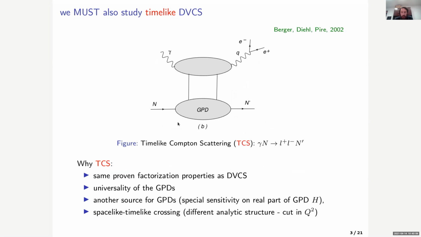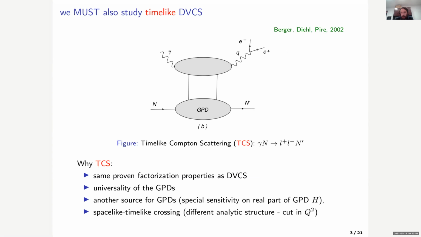What is TCS? TCS is a very closely connected process, the process of photoproduction of a lepton pair. And here we have a lepton pair, and here we have a highly virtual photon, but this time with time-like virtuality. And again, the hard scale given by this lepton pair mass allows us to write the amplitude in terms of a perturbative part and the same GPDs as in the case of DVCS. So TCS is a very nice